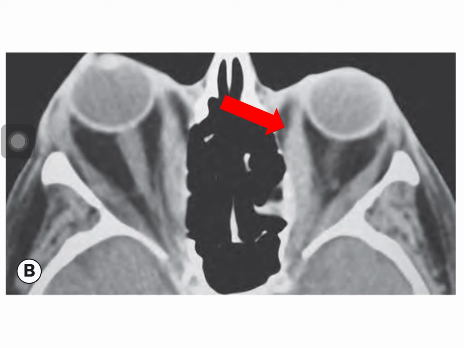Now I want you to look at this image. Look at the red arrow. The red arrow is pointing to the extraocular muscle. Now this is an axial section again, and this arrow is pointing to the left medial rectus muscle, and the muscle belly is enlarged. The muscle belly is swollen with a relative sparing of the tendons, very classical of thyroid eye disease. So a suggestive history also needs to be taken. A history of smoking, which is very commonly associated, a history of oral contraceptive pills, and so on and so forth. So relevant history of proptosis, and examination finding of proptosis, things like that. So that's how you correlate clinical with radiological.